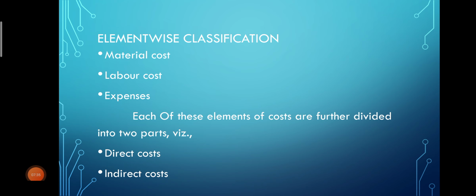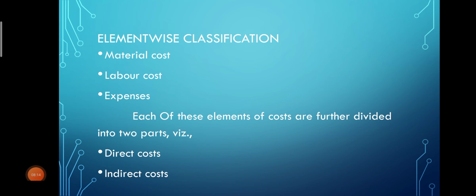Next is indirect labor cost. Now what is indirect labor cost? It is the remuneration paid to the workers who are not involved or engaged in actual production. An example of indirect labor cost is salary to a watchman. The watchman is indirectly involved in the production of goods and services, or it might be a supervisor. These are not actually involved in production, so whatever wages or salary you pay to such employees will be called indirect labor cost.